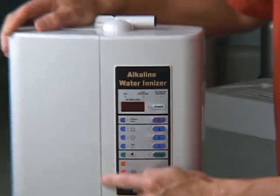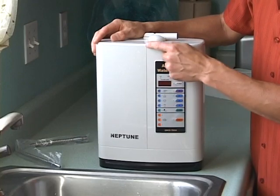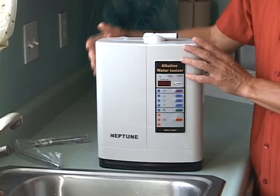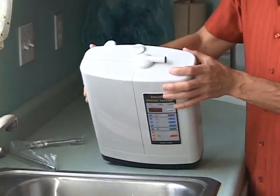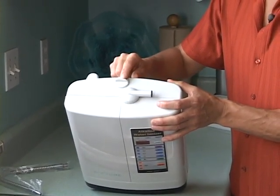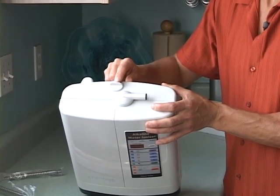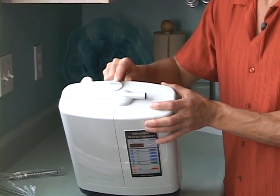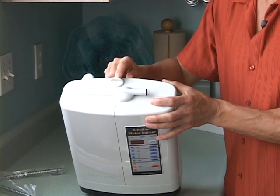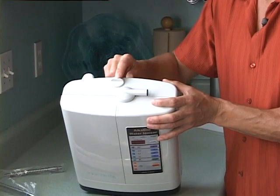I'm now tracing the outline of the filter housing door, which is where you'll access the filter to change it when you need to. On the top of the machine, we've got the calcium port. Most areas of the country, you'll have plenty of naturally occurring calcium in the water already, and you won't need to add calcium. In areas where your tap water comes out at pH 6 or lower, you may want to